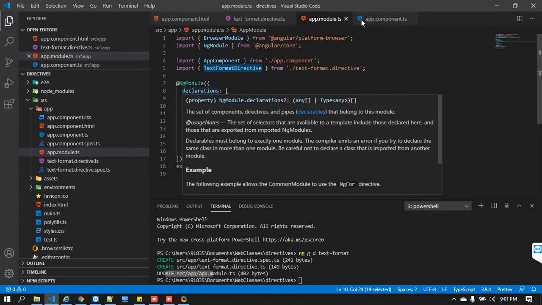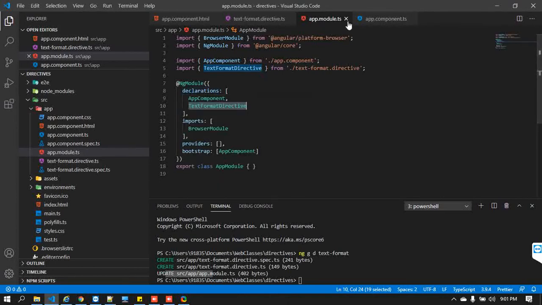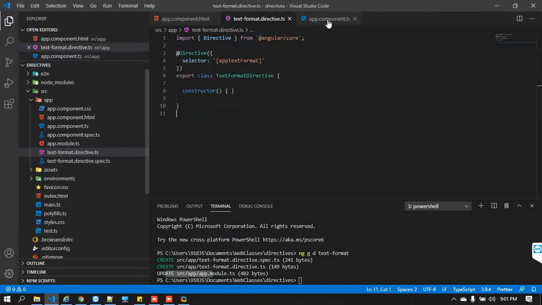If you want to define it manually, you can, that's not a problem, but you need to use one decorator, that is the Directive decorator. That is very important. This is also available in the core library, which is available under the Angular package. This is a selector, and this selector is going to identify your respective component. This is very important, guys.